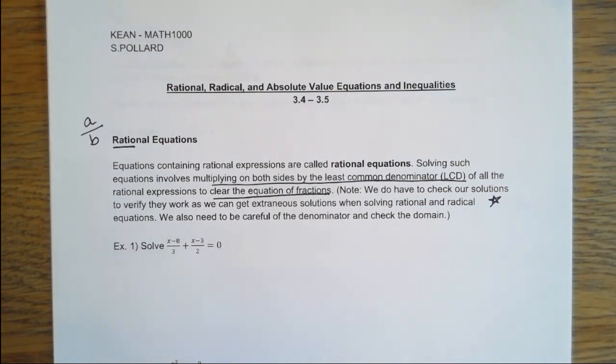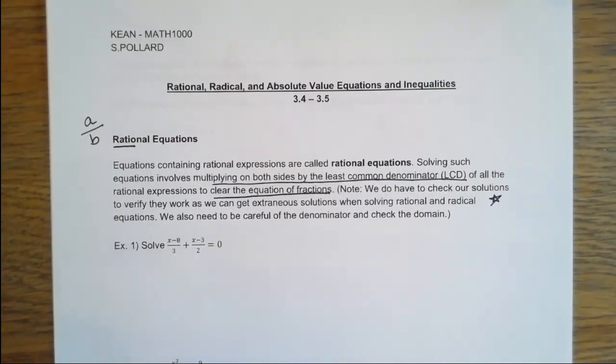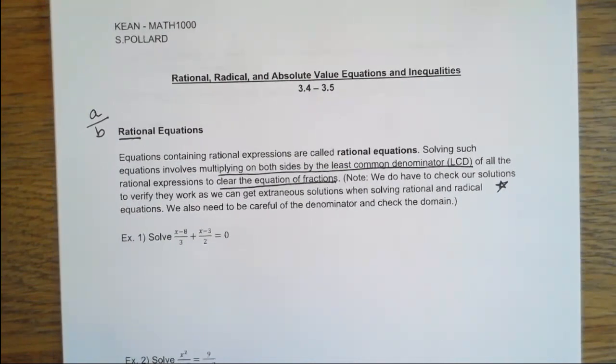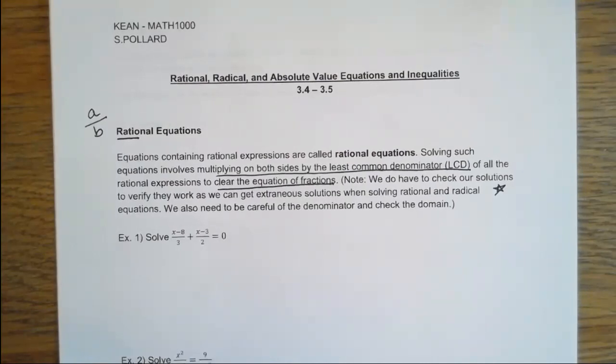It is possible to get extraneous solutions when solving both rational and later radical equations. Extraneous solutions are basically answers that don't actually work. So when you're solving the problem, everything seems fine and you may get a nice answer or more than one answer sometimes. But when you go to check that solution back into the original equation, it just doesn't work. So you do have to check your answers to rational and radical equations